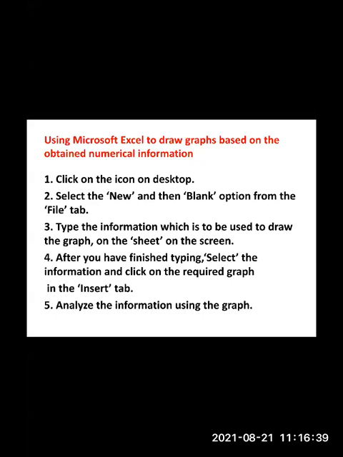And the fourth precaution, while using a formula, the equal sign should be typed first. Always the equal sign should be typed first. For example, you want to add two numbers, 2 plus 4. If you directly type 2 plus 4, you will not get the answer. So how will you type? Equal to, in the bracket, you have to not write 2. You have to write the alphabet of the vertical column in which that number is. Suppose it is in the box E, then E plus F. Then you will get the add. It gets automatically added. That is 2 plus 3 equal to 5. You will get the answer as 5.